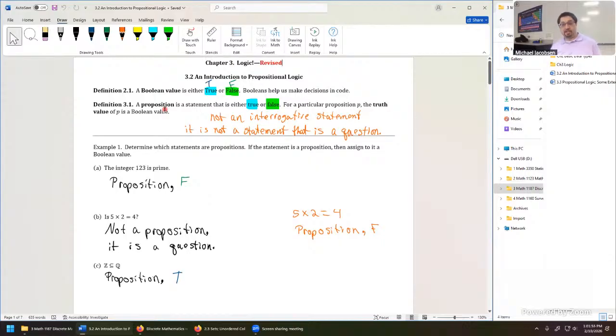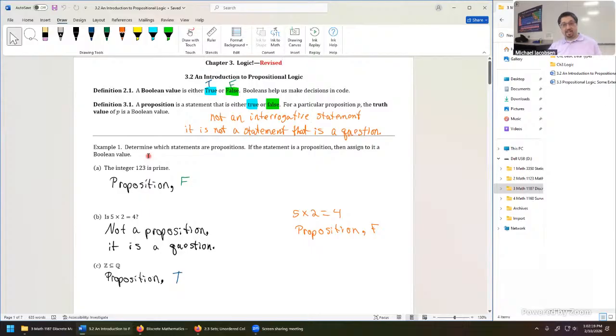A proposition is a declarative statement, so not a question is the big trick question on example 1. A declarative statement means it's something we can assign unambiguously a definite true value or a definite false value, so some Boolean output. And we have just had a couple really fast versions of that question where 1, 2, 3